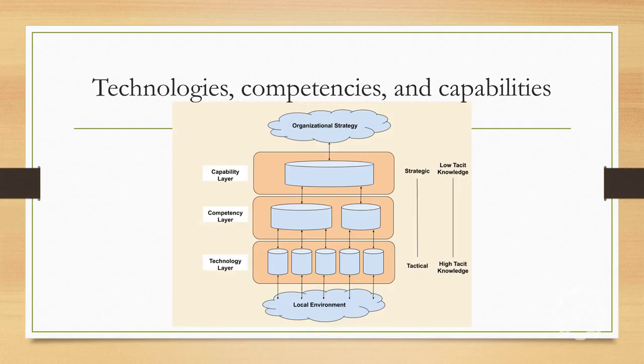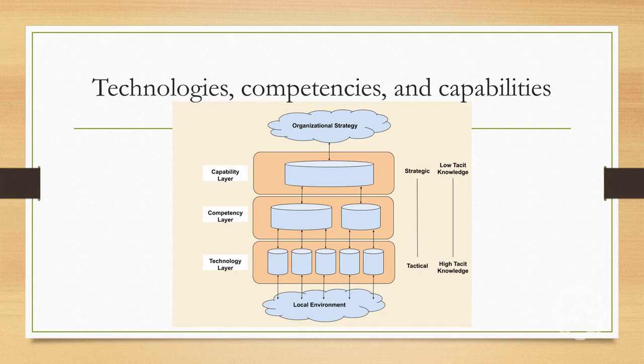In this diagram, you can see how technologies flow from an understanding of the local environment as represented in the work domain and are subsequently combined to define an organization's competencies and capabilities. Technologies require highly tacit knowledge to be used and exploited due to the proximity to the environmental elements from which the work domain is designed to exploit and the reliance on social system elements to manipulate. Technologies are also executed at the tactical level as they relate to specific environmental outcomes.